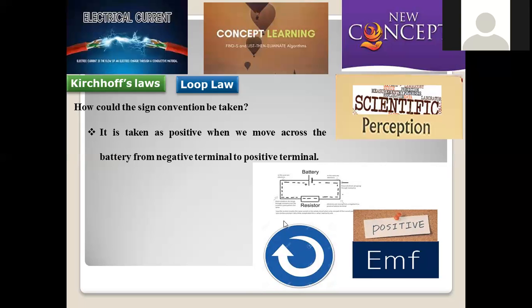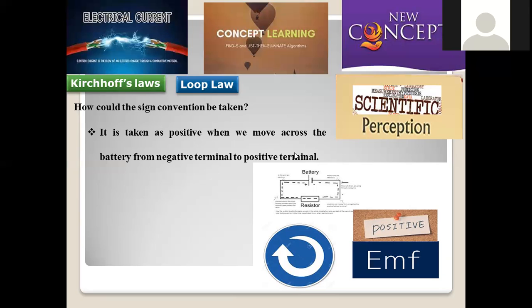Now we are moving in the opposite manner, the reverse of the earlier one. So we are moving from the negative terminal to the positive terminal. This is called clockwise movement. Clockwise rotation is possible while moving from high density to low density; this is always called a spontaneous one. Always high potential to low potential will be the spontaneous change. Only then is the tendency to attain equilibrium possible. Ultimately, a positive EMF will be assigned for this kind of notation.